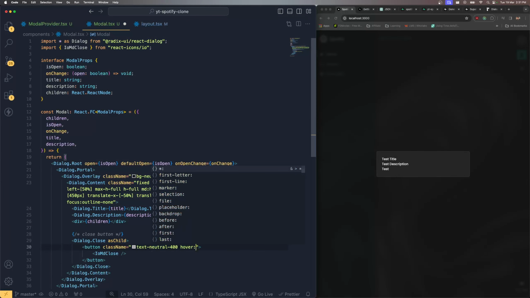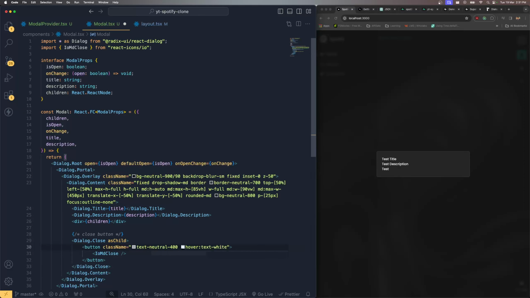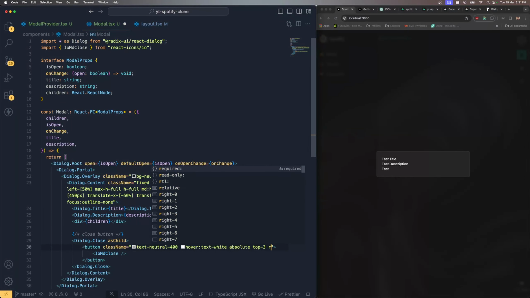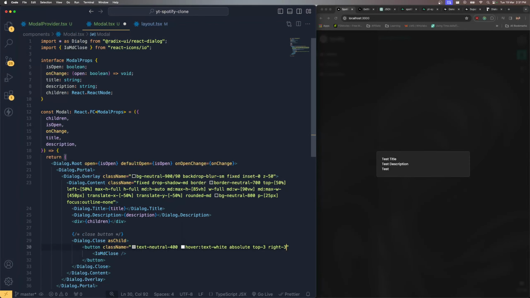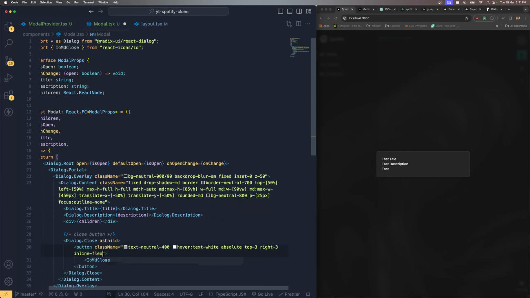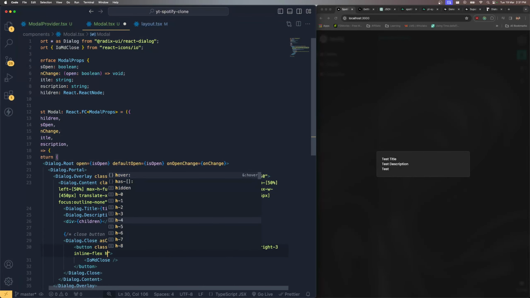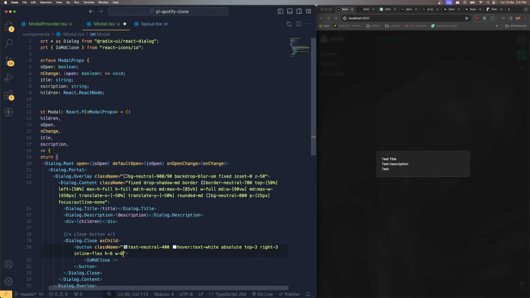Color on hover, and the text color is going to be the white color, and it's going to be on the absolute position, and from the top 3 and from the right side 3. Okay, and it should be inline-flex. We are going to use the inline-flex. Height is going to be 6, width is going to be 6, and appearance it's going to be none, and